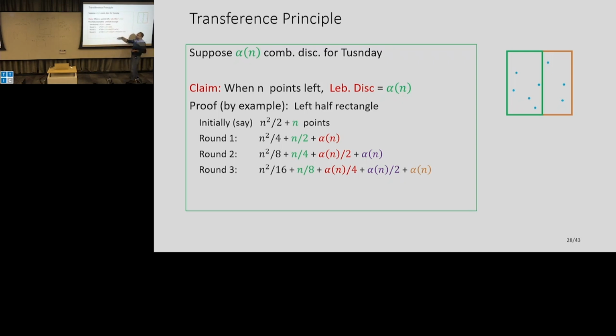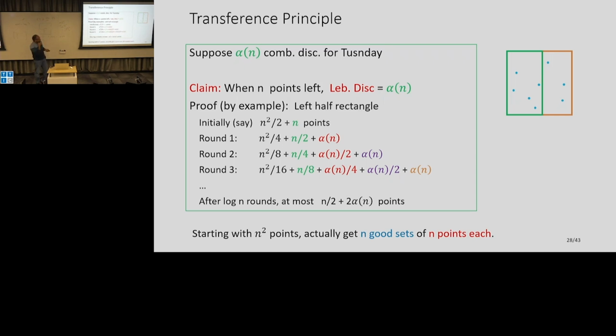And you see where it's going, right? So you kind of get a geometric series here, so you don't pick up too much. And that's an easy exercise. So after log n rounds, you have n points, and your discrepancy is amazing: n over 2, what you expect, plus maybe this alpha. So in fact, this is a general principle of using combinatorial discrepancy to sparsify things and get desired properties for balance for various sets and so on.